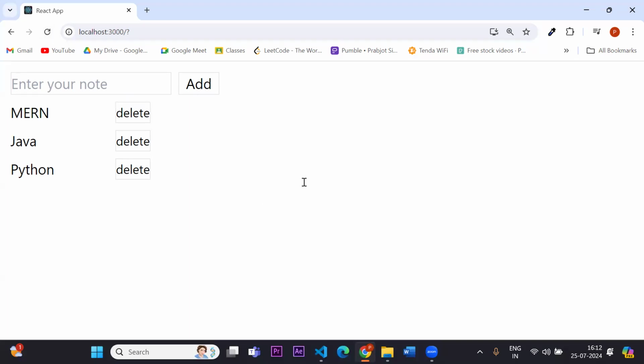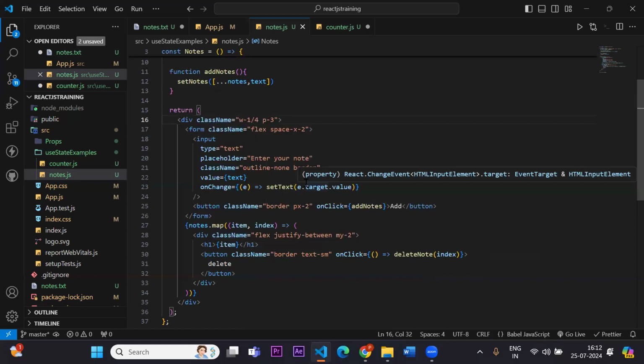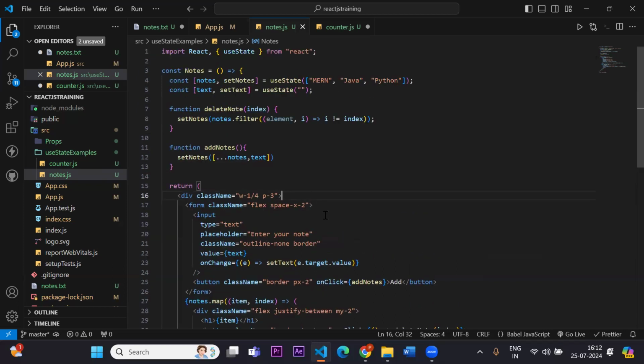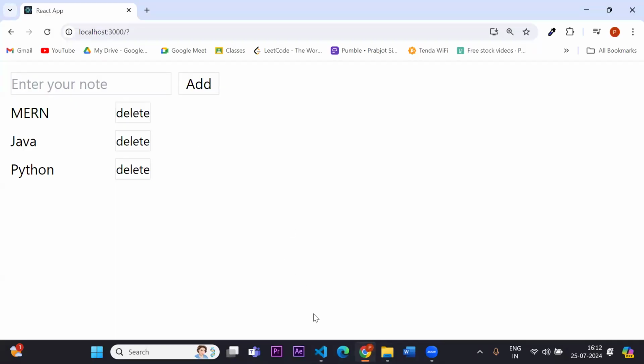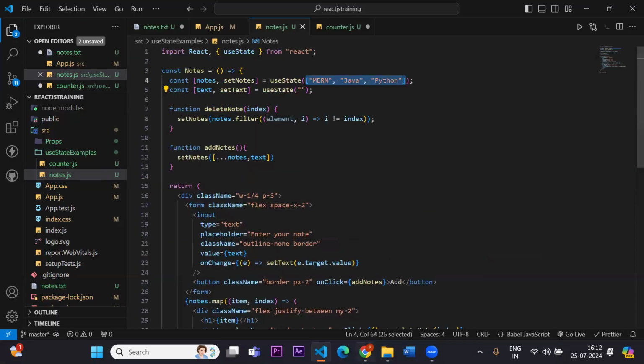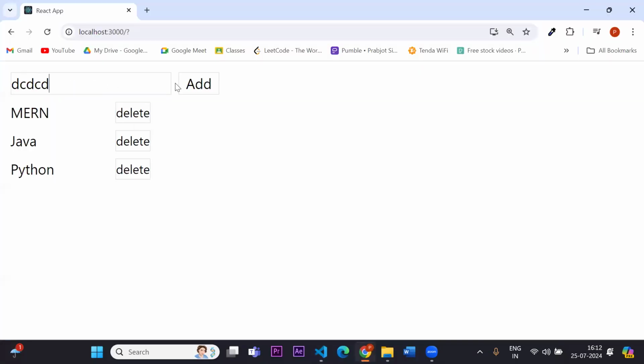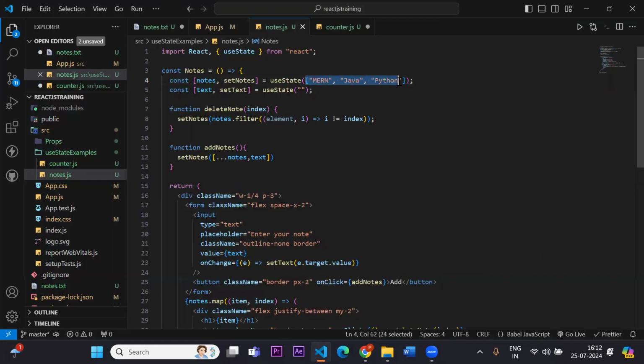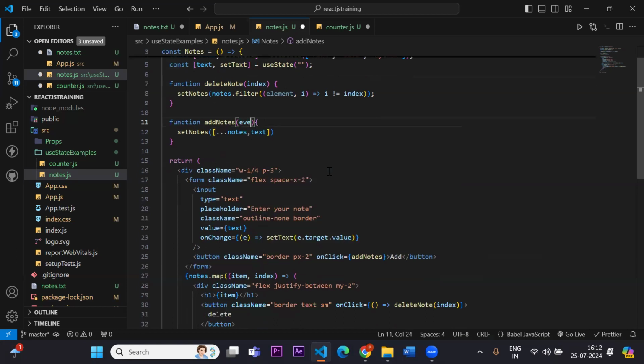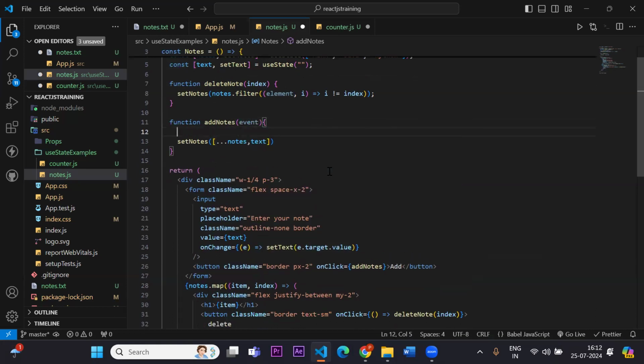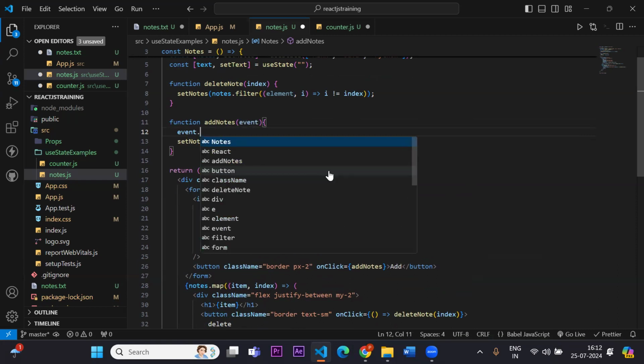By default, a form input has a nature that it reloads when we submit, and again it sets everything to the default value. That's why, if I write anything, it will set it to our default value that's present there. So to prevent this in our add node, we have to write event dot